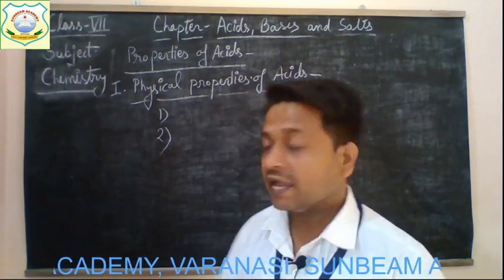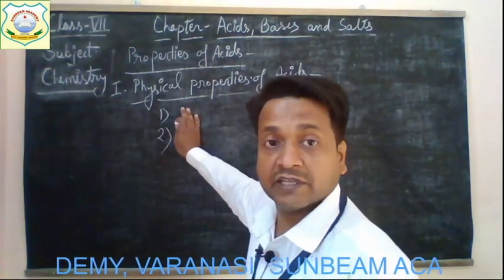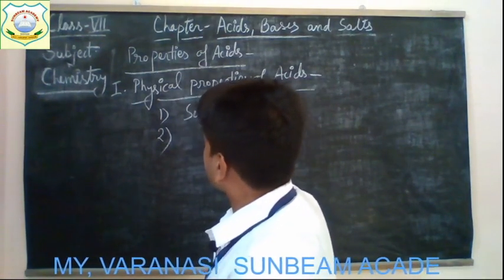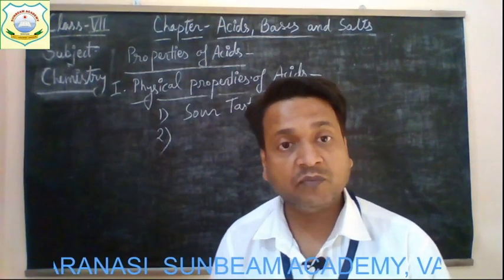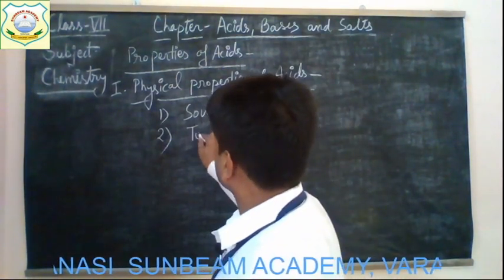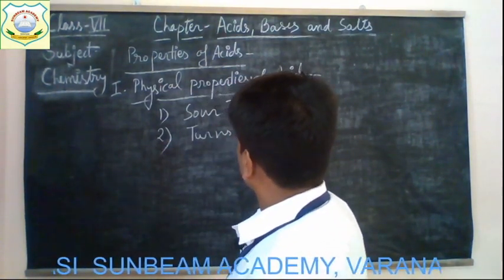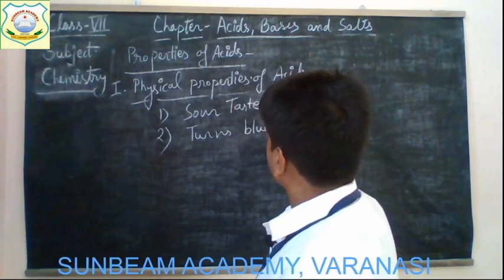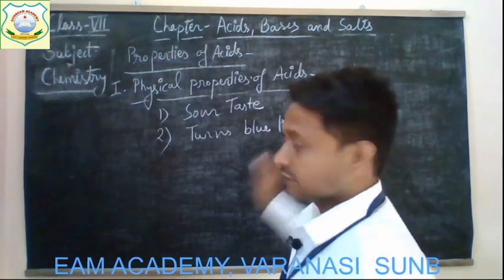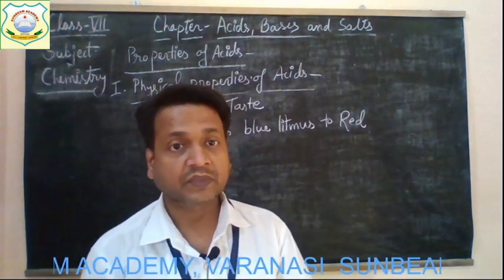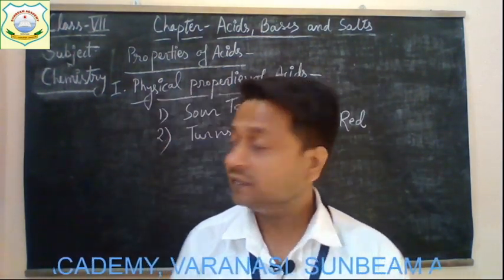So we can say that the first physical property of acid is it is sour in taste, and the second physical property, it turns blue litmus to red. Now the third physical property is